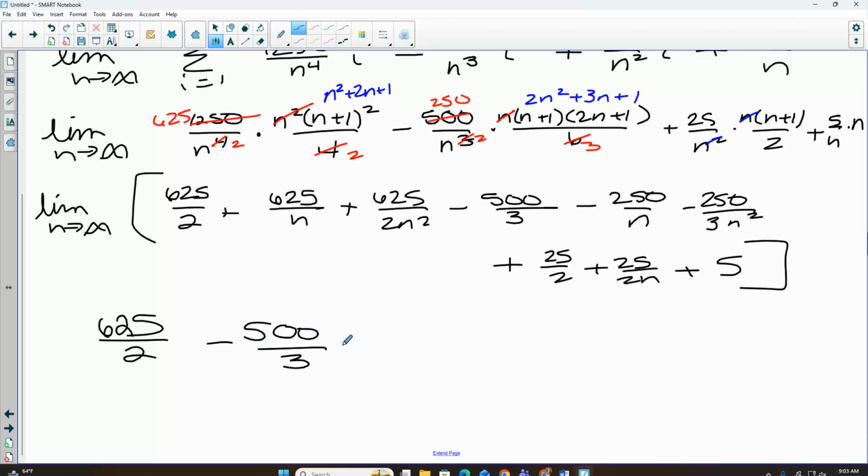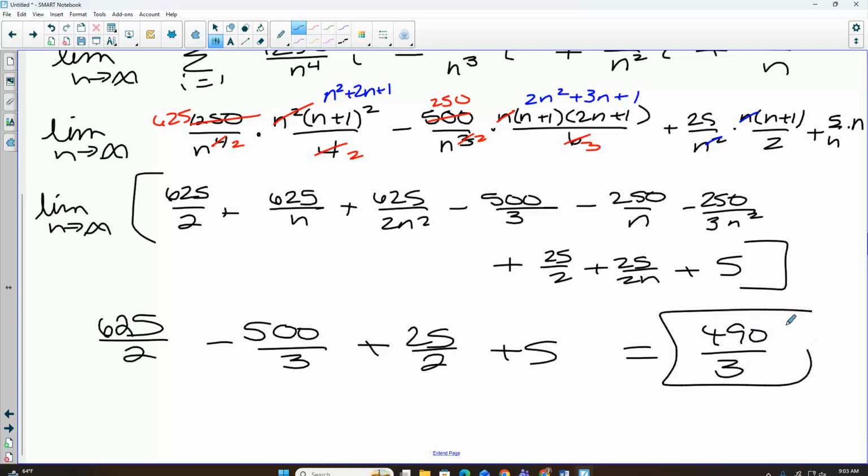So the ones without an n on the bottom are those, and if you added that up, it would be 490 over 3. Again, on the test, we're trying to do problems without calculators, so I would either give you very nice numbers or say set it up, but you don't have to solve it all the way. So I'm not going to make you do any crazy calculations in your head. All right,